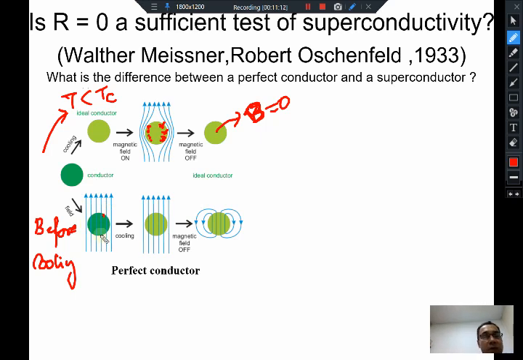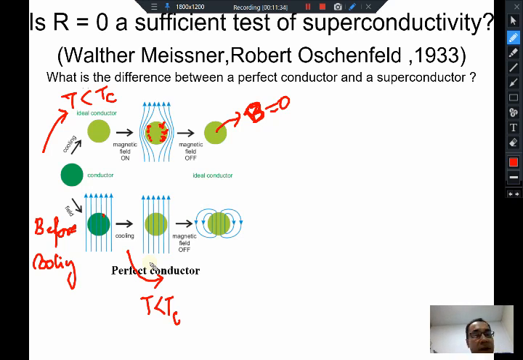Now, from this point on, you cool down the sample below its transition temperature, and say the color change shows that it is becoming an ideal conductor. The magnetic field was present before cooling, and now it has become an ideal conductor, still with the magnetic field present.